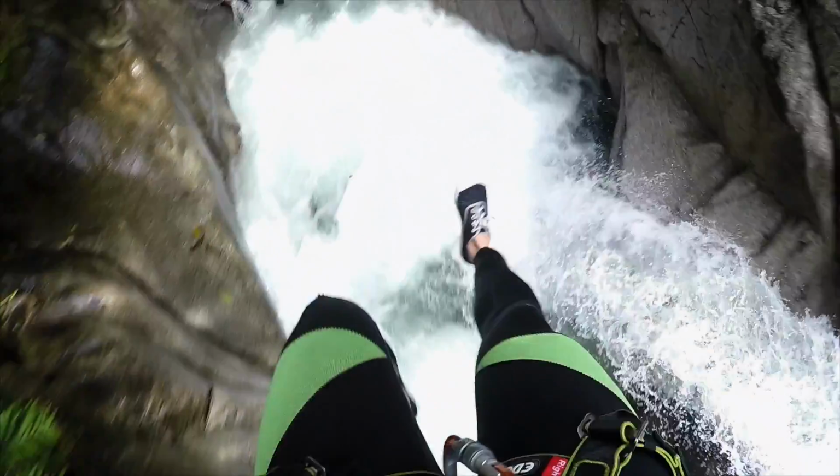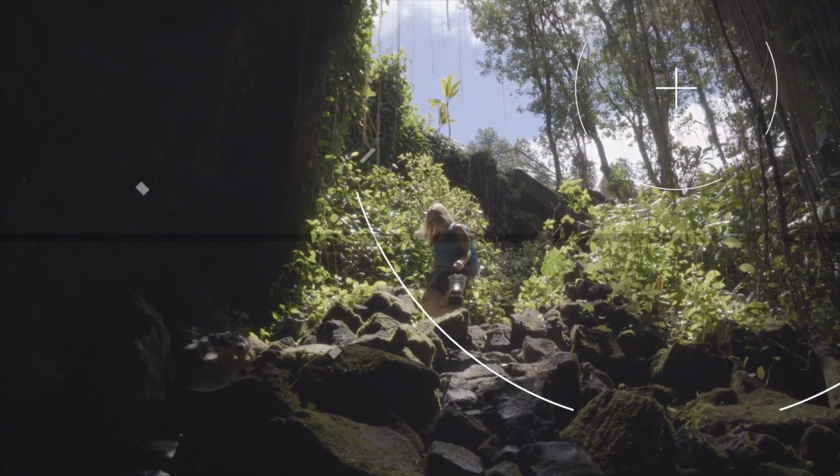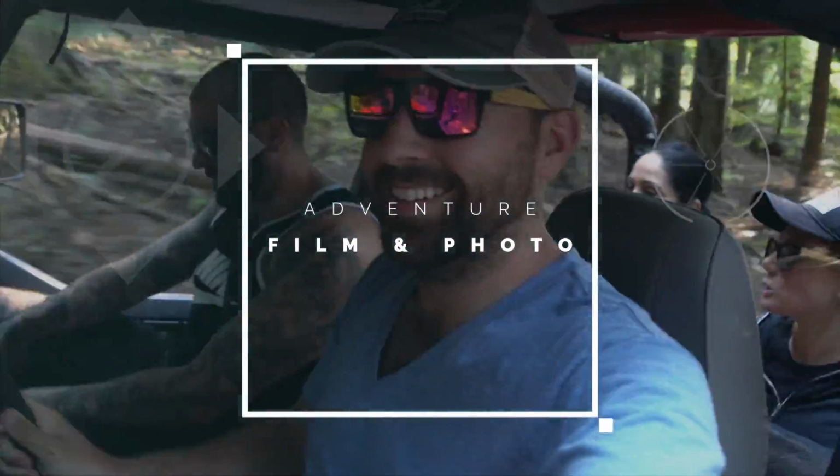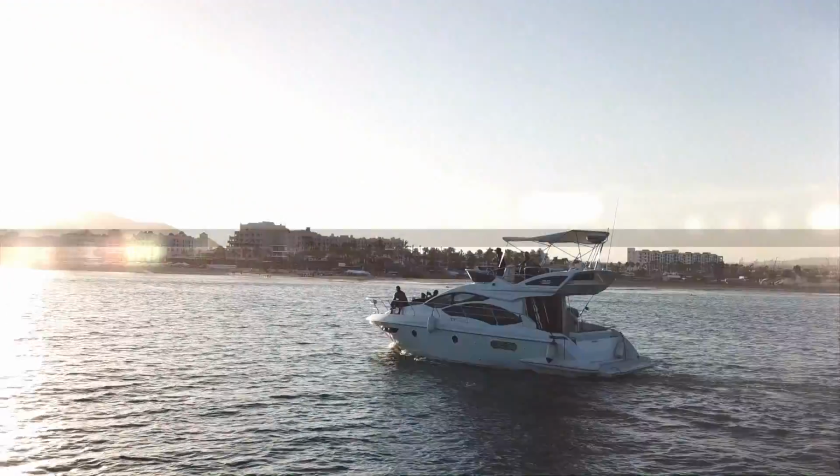Today we're talking about 10 things that every filmmaker needs that cost under $20. A lot of times we all focus on the very expensive things that we need, like the cameras, the lenses, the microphones, all that good stuff. People tend to forget about the little objects, like the little things you keep in your bag that you need